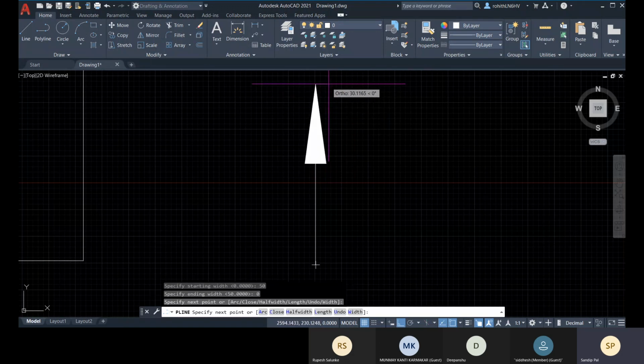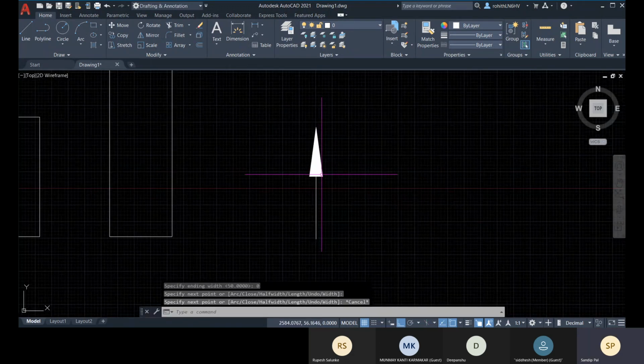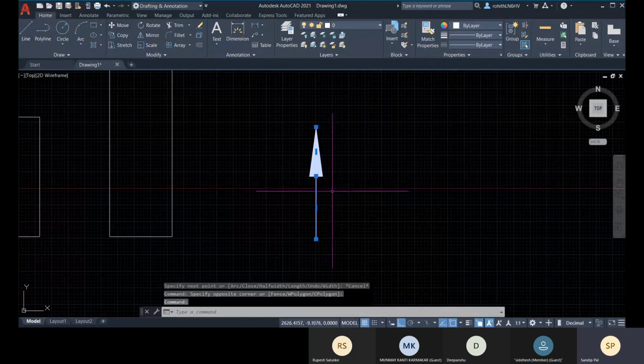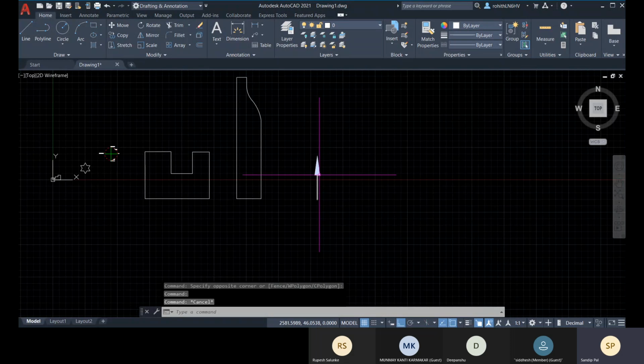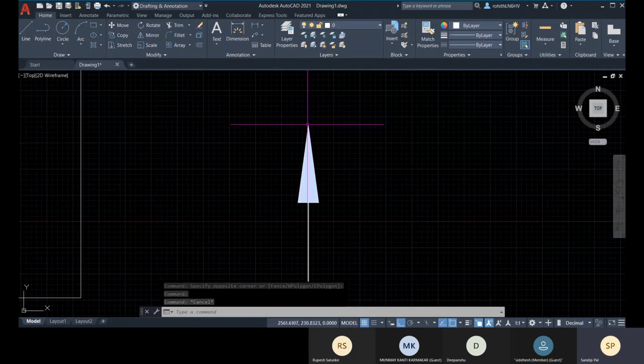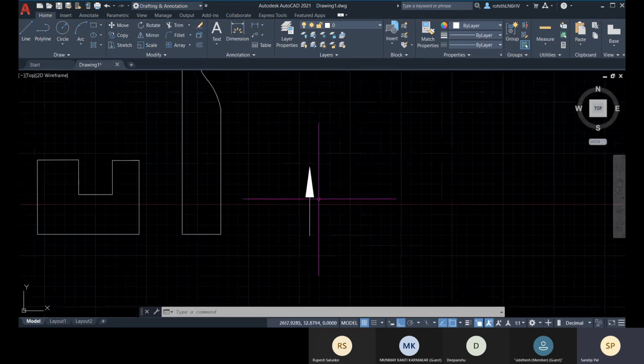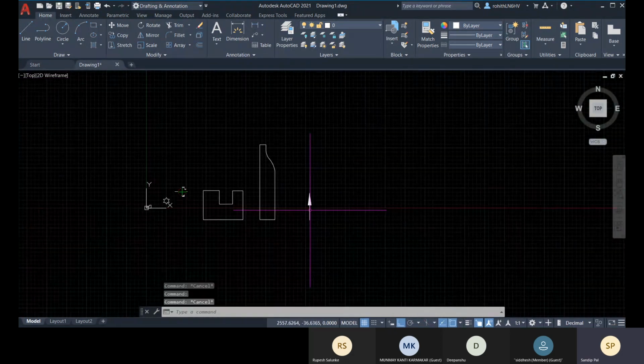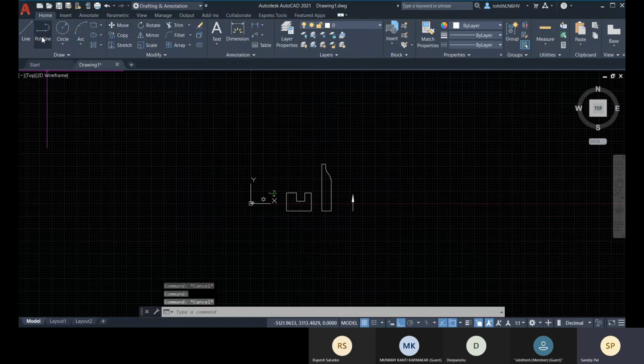And accordingly, you will have this. So for creating an arrow, you can use this option, and this will be a single element. You don't have to worry about creating it with lines and filling this. With this polyline, you can easily create this single element. So this is about polyline.